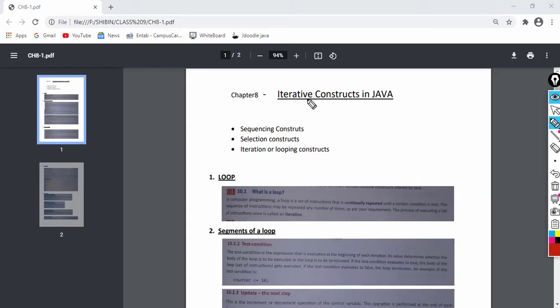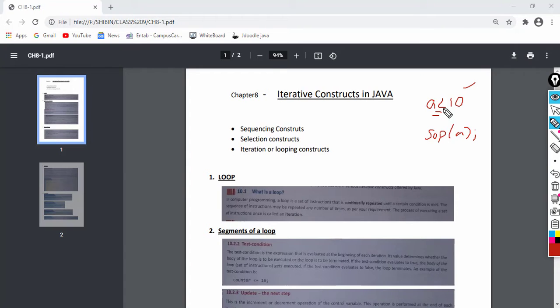So that is known as the iterative constructs. Then what is known as the loop? Loop means we will execute a set of instructions or a set of statements a number of times whenever a condition is true. Suppose a condition a less than 10 is true. So we will execute this SOP until the condition is false.